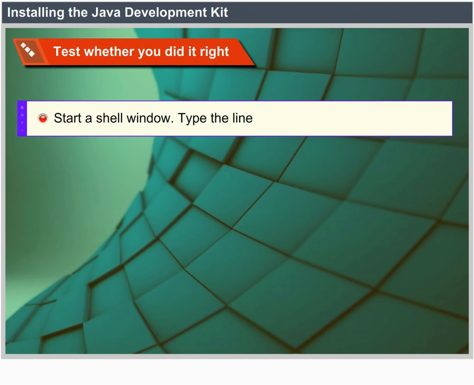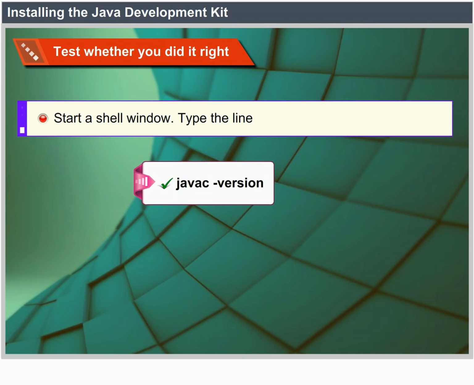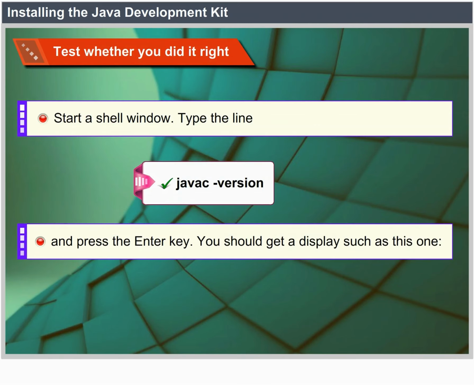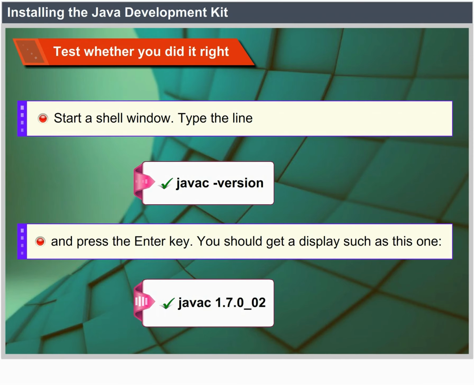Start a shell window, type the line javac -version and press the enter key. You will get a display such as this one: javac